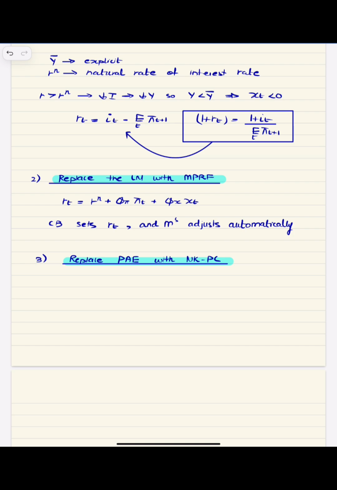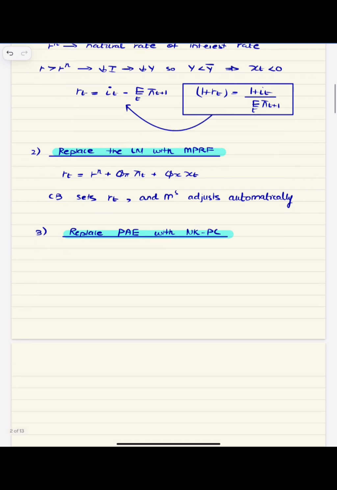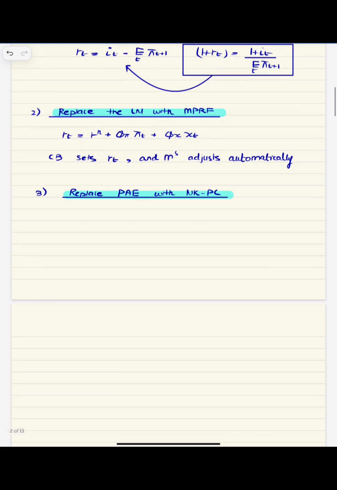we can see things like what happens to output and interest rate after a monetary innovation shock, or a shock in government spending, or a productivity shock. So we can see all those things once we have the model in place. Okay, next, the